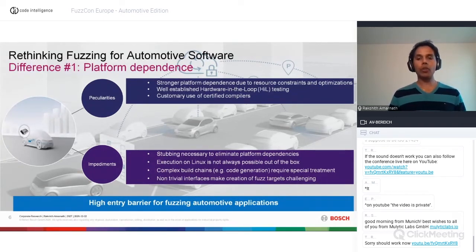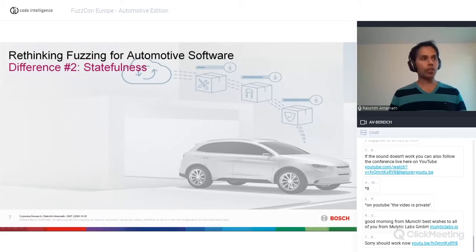This also leads to a really high skill requirement when it comes to fuzz testing. That means fuzzers these days are still more or less in the realm of experts, and they have to move closer to users and developers as we proceed to gain higher acceptance. Then let me focus on the second aspect now.